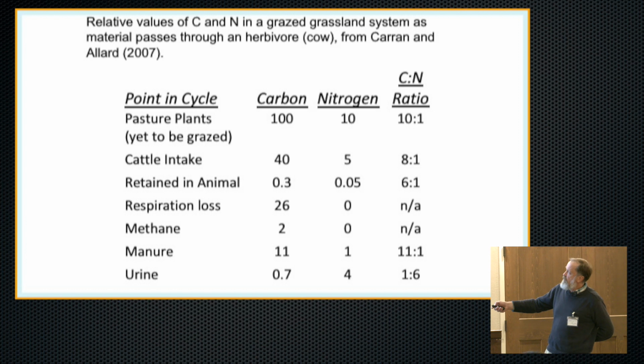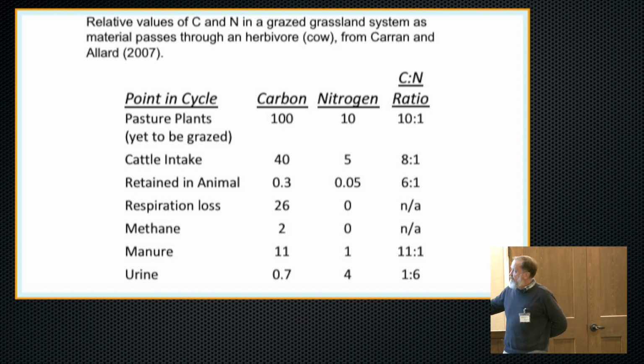And this is just a table with some data on pasture plants yet to be grazed. It's from a physiology textbook. It shows carbon and nitrogen and the carbon to nitrogen ratio. And the cattle, if you start out with 100 units of carbon and 10 of nitrogen, so this is kind of hypothetical,